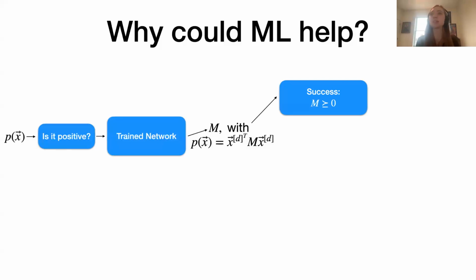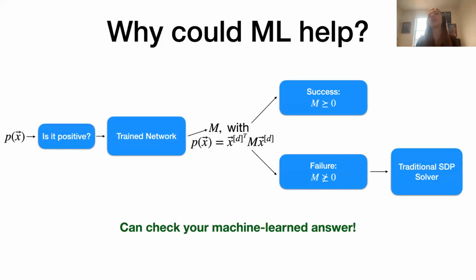So now you check, okay, is M positive semi-definite? If it is, you're done, you're good. You've checked that the network was not lying to you. And if it's not, maybe you imagine then putting it into an SDP solver. So if it fails, you can gracefully fall back to an existing solver, but when it succeeds, you can check it and there's no room for uncertainty. And this is a luxury that honestly we're not really used to thinking about in, say, computer vision